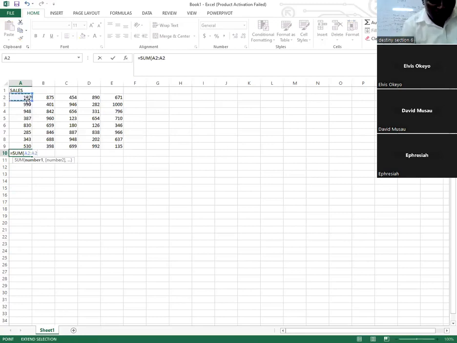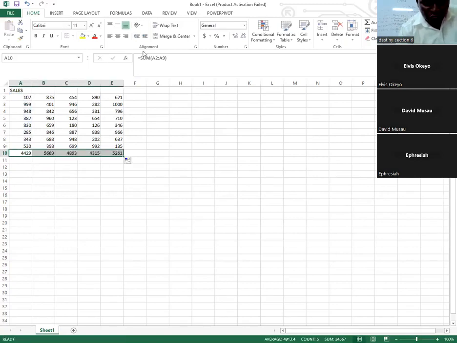Or to make work very easy, you simply highlight and select those cells like that, and then I close the bracket and press enter. We can do it like that, so it becomes automatic. But the reason why we are doing this is to explain about the